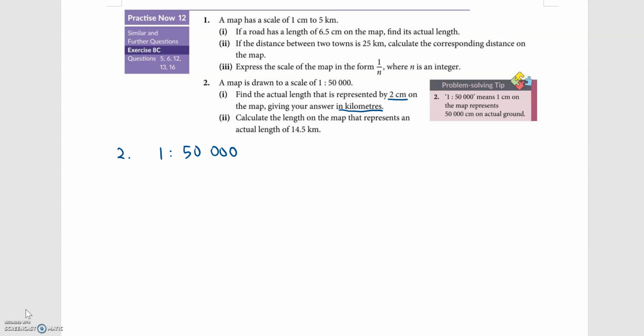So I'm going to show two ways where you can go about this question. The first way is to simply change and find my answer first. So the map scale is 1:50,000. I will have 1 cm is to 50,000 cm. So 2 cm will give me 100,000 cm. So once I have my answer in cm for the actual length that is represented by 2 cm on the map, I can now change this